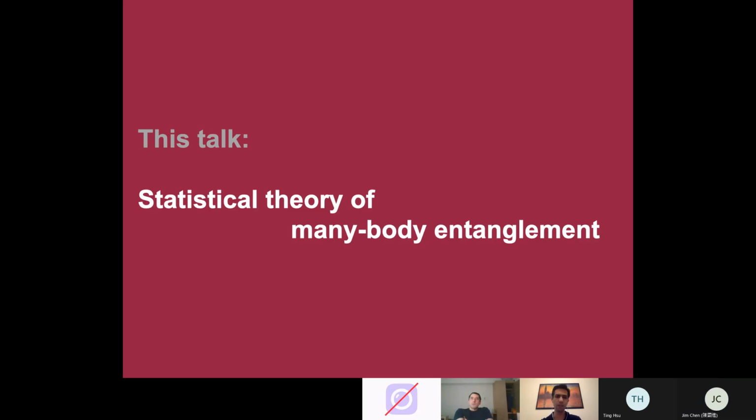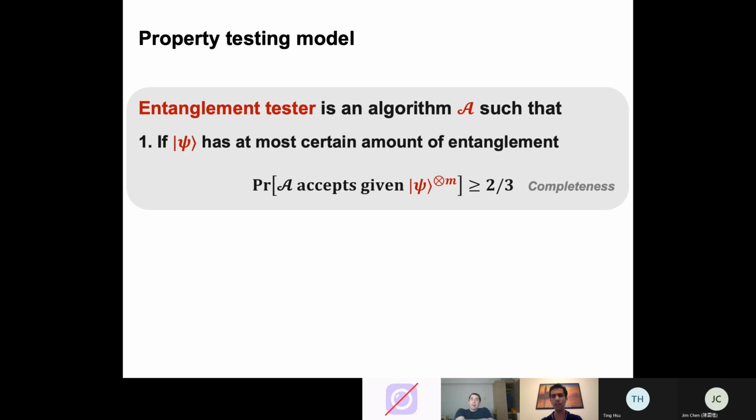So in this talk, we're going to look at these questions from the statistical perspective. And the way we'll formalize this is by using the property testing model, which is a general model for testing the properties of a set of objects, in our case, pure quantum states. A famous example of this in computer science is testing the properties of Boolean functions, like if a function is linear or not. And in this talk, we'll be interested in testing entanglement in this property testing model, which means